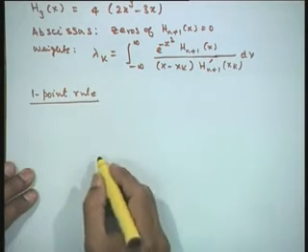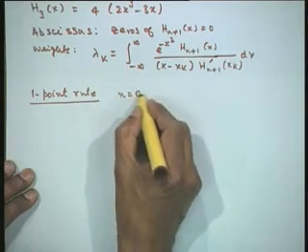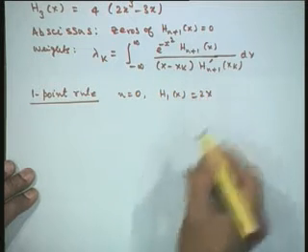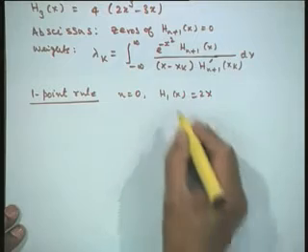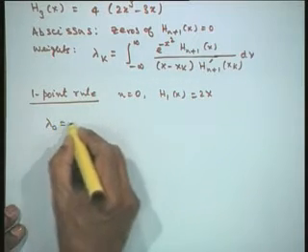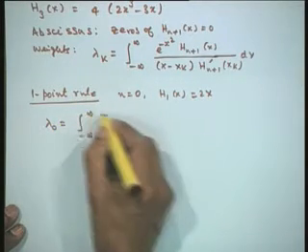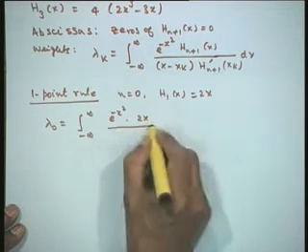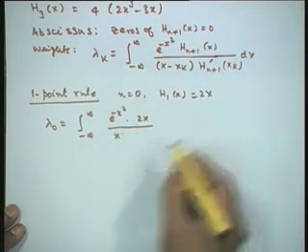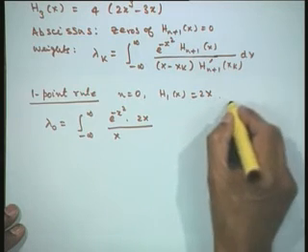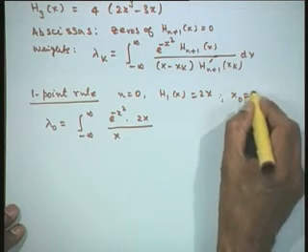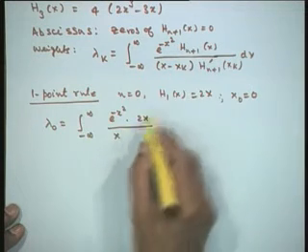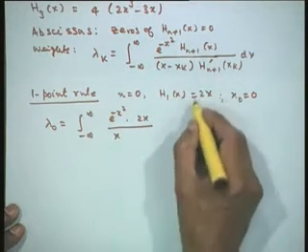So, let us take 1 point rule, that means n is equal to 0, h1(x) is equal to 2x we have taken. Therefore, let us substitute: lambda 0 is the integral from minus infinity to infinity of exponential of minus x squared 2x by x minus x0, therefore, this is x. The zero of this, if you put it as equal to 0, we simply get x0 is equal to 0 as the abscissa of this. Now, this is x minus x0, that is x, and derivative of this is simply 2.